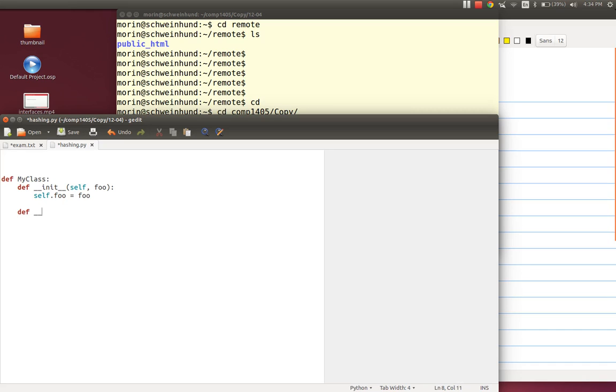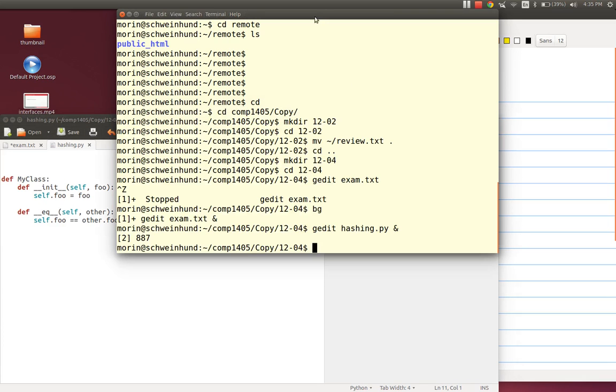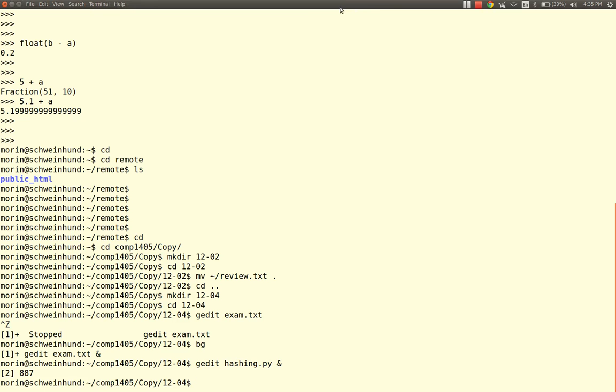And I'll say that this thing is equal to another thing if self.foo is equal to the other thing's foo. Okay? So right now we're in a bad state. This is not a great class.